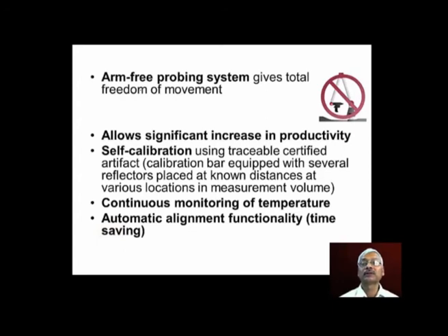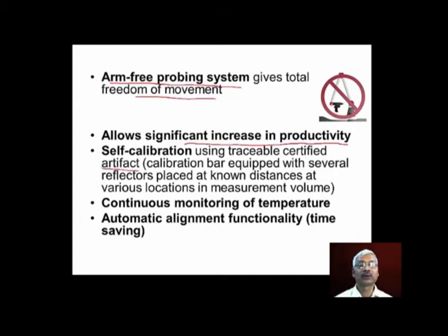Since the probe is wireless, it is an arm-free probing system, so there is a total freedom of movement, and the operator can hold the probe system and move around the workpiece easily for making measurements. And this wireless system allows a significant increase in productivity, and self-calibration using traceable certified